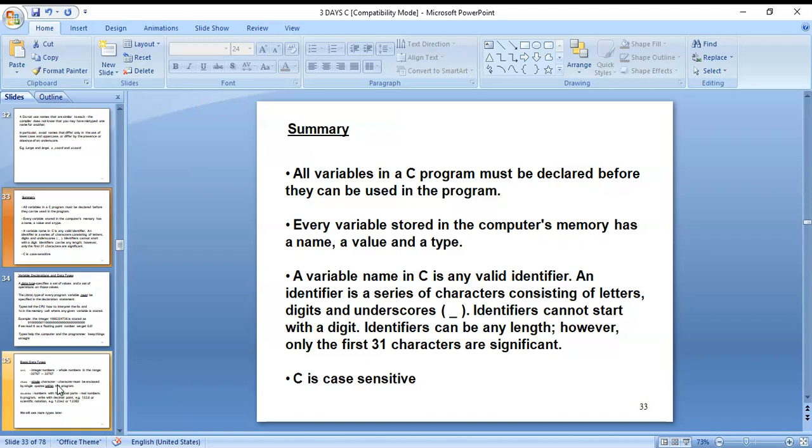An identifier is a series of characters consisting of letters, digits, and underscores. Identifiers cannot start with a digit. Identifiers can be any length. However, only the first 31 characters are significant, and C is case sensitive.